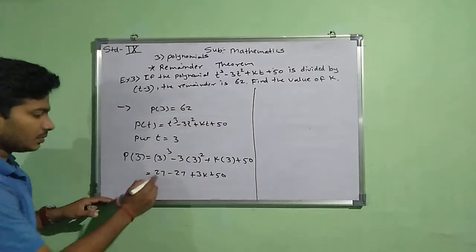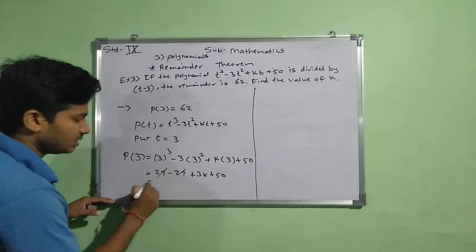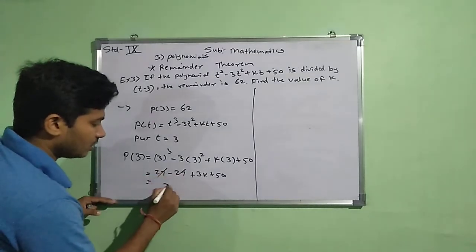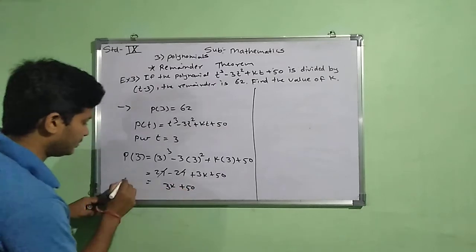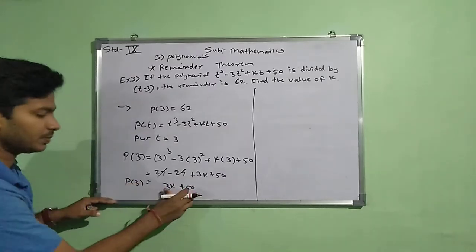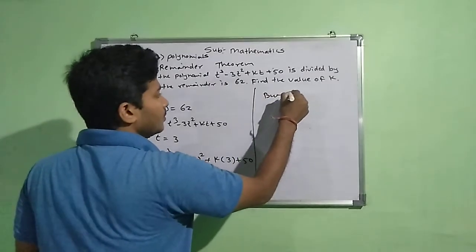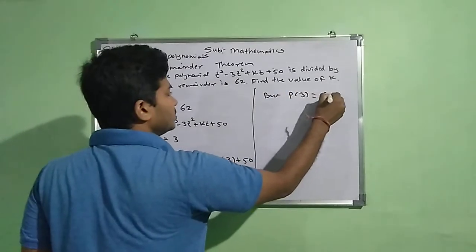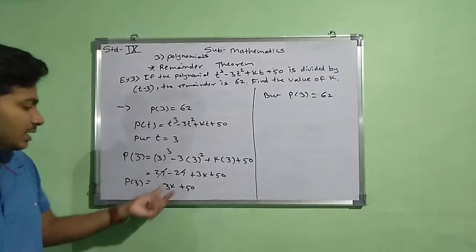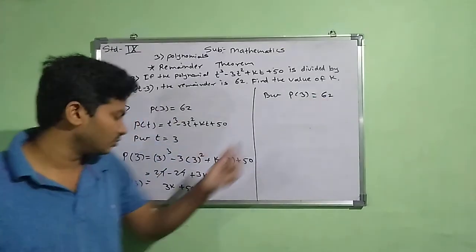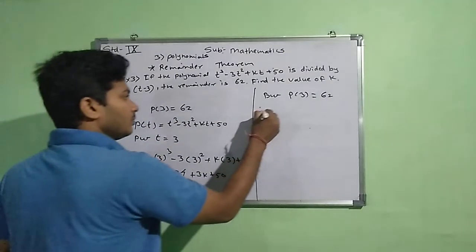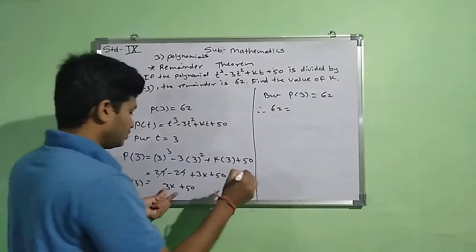That 27 and 27 will cancel, you will get 0 over there. So here we got p of 3 is equal to 3k plus 50, but we have the value of p of 3, which is 62. So now that p of 3 value 62 will be substituted over here. Therefore 62 is equal to 3k